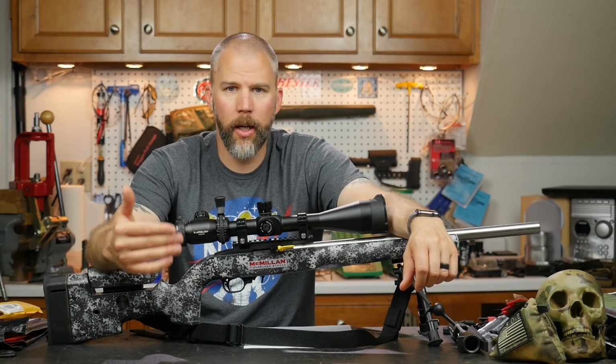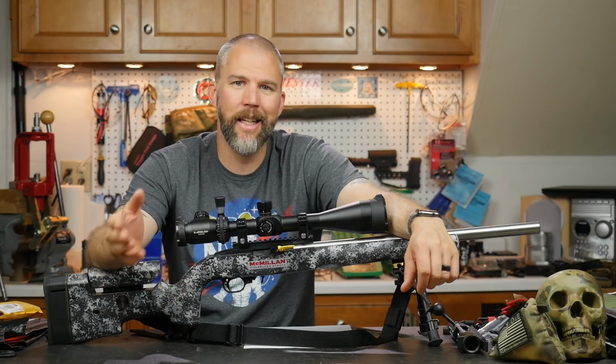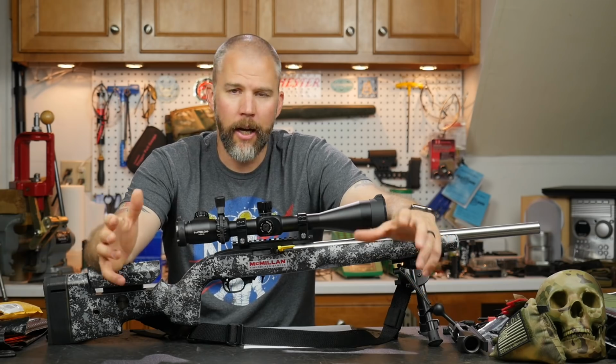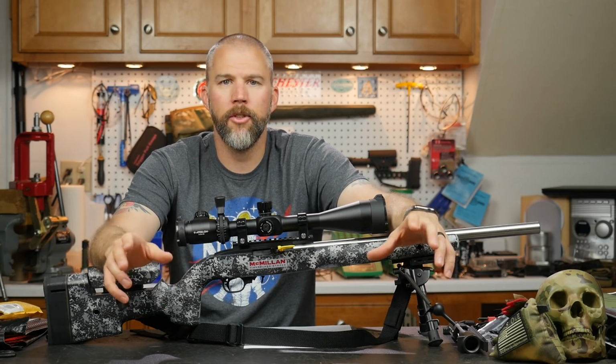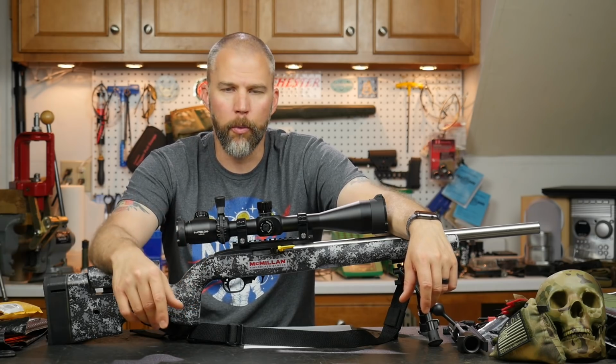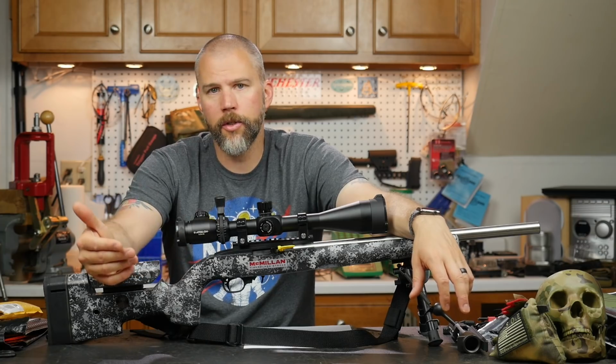I just like to work up, find out where my pressure is, and then come down and get the next lower accuracy node below that pressure limit. And that usually gives me enough headspace in other conditions to not allow me to go over pressure. And then as you're shooting, as the weather changes, as you go into the summer months,